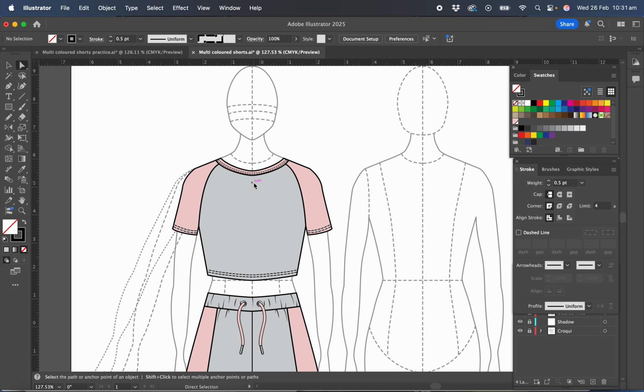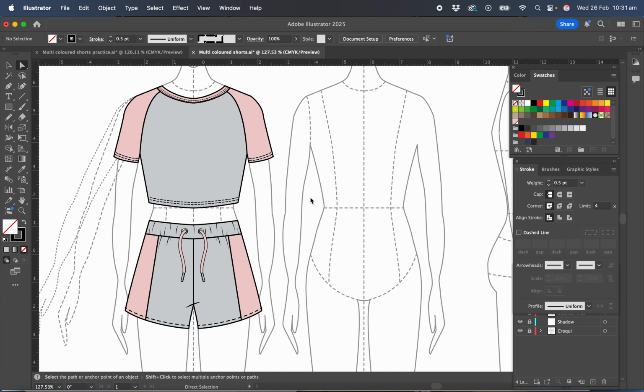That's the finish of our t-shirt and shorts, with the emphasis of this video being on using the shape builder